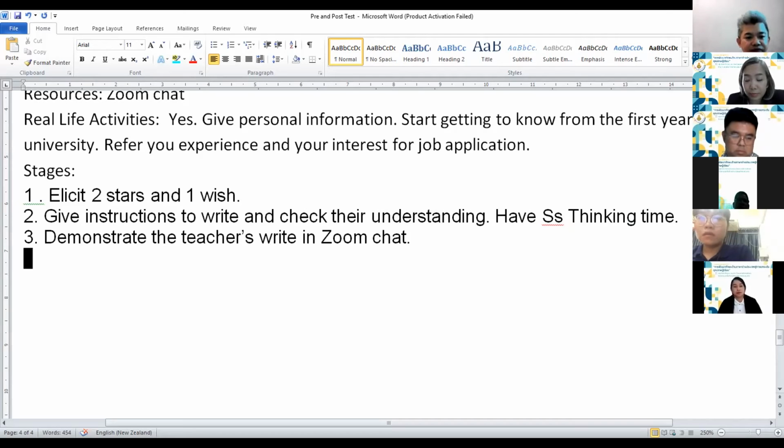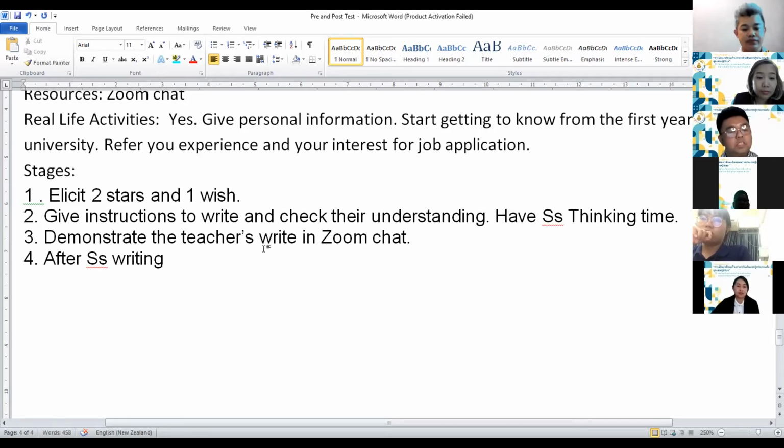So after the student writes, what does the teacher do? Let students criticize. Yeah, we said give feedback. Right? So we give feedback to the student on different things.